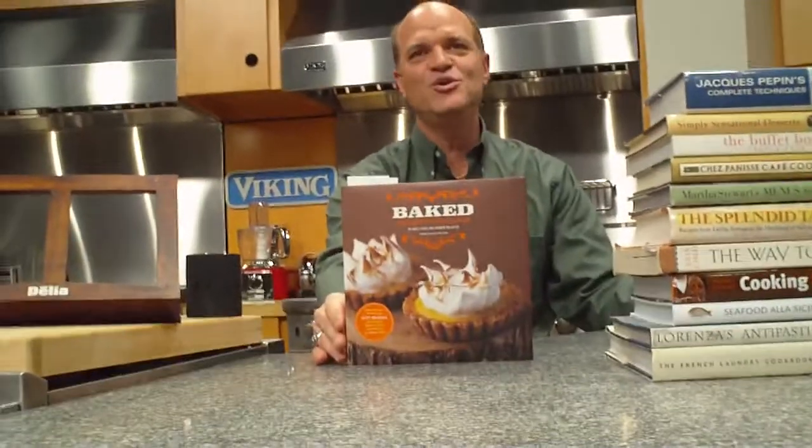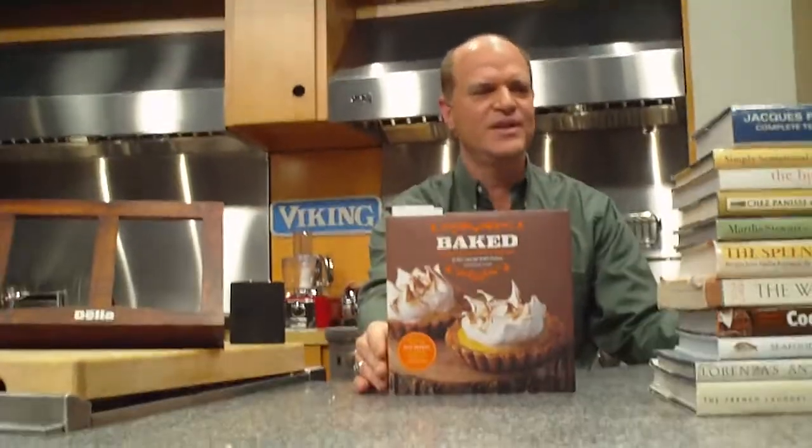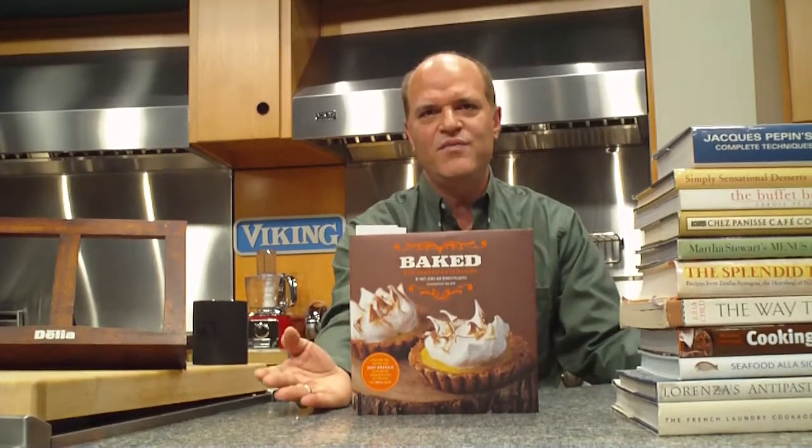The book is actually quite easy to read. The instructions are easy to follow, and it makes you look like you are actually a great dessert baker. And it's a lot of fun to read this book as well. I actually enjoy reading cookbooks that were written by the restaurants and the bakeries. It allows you to sort of go behind the scenes of what makes those restaurants and bakeries tick, and this is one of them. Today we see many restaurants and bakeries are actually publishing their own cookbooks, and that's what